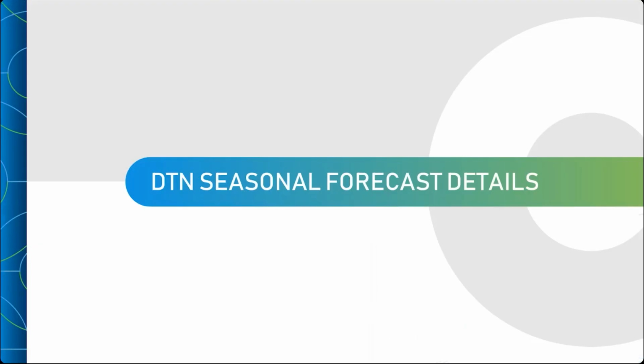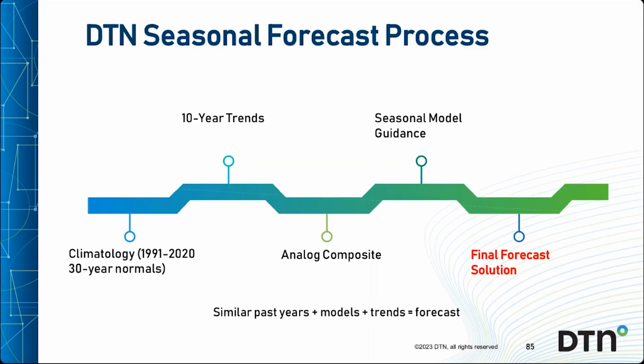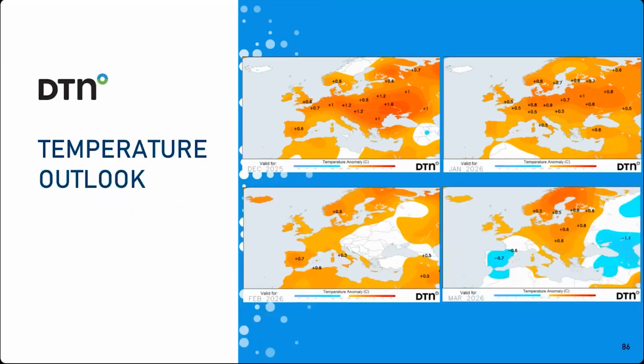Now let's wrap all that information and put a bow on it with the official DTN forecast for the upcoming winter. Bear in mind that, consistent with the uncertainties I've mentioned, changes to the forecast are always possible moving ahead, depending on changes in the shorter range climate drivers. So the forecast is compiled by taking the climatology and narrowing that down to trends over the past decade, then relating this to the statistical analogues from the teleconnections and some of the seasonal computer models to create our final forecast solution.